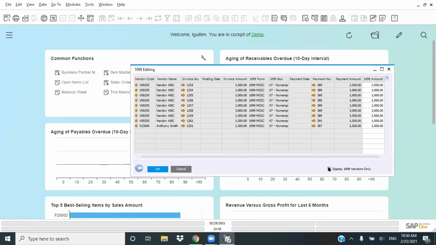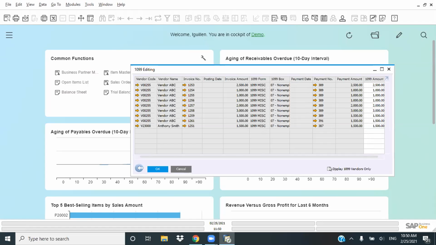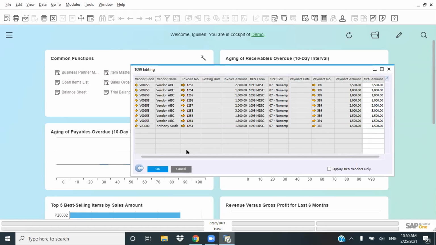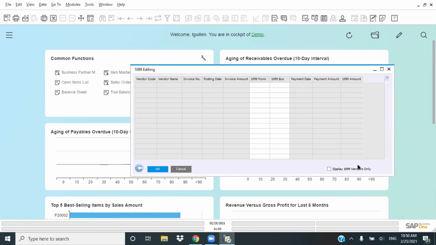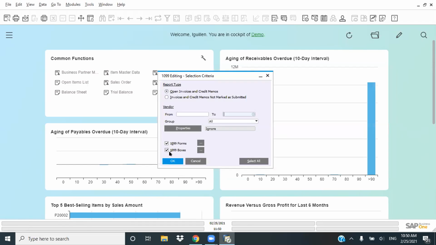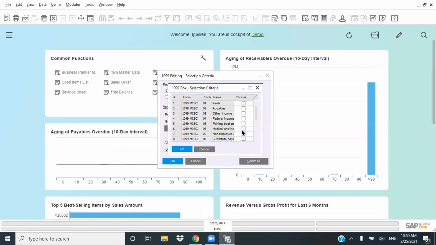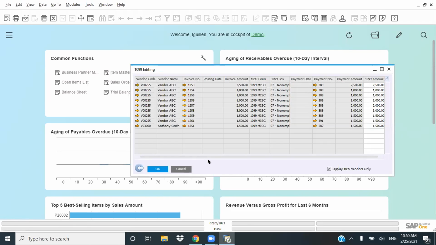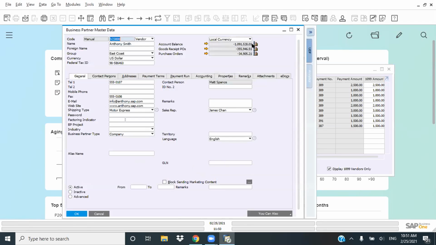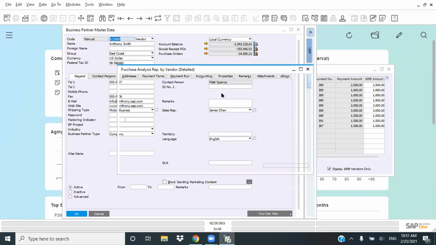If I uncheck this little guy here, we can actually see everything else. Wait a second, right here. Let me go back up here. And okay, let me just check here. I just need to make sure that we have all of the other information from Anthony, because it's not reflecting that. So if I go back to Anthony Smith and I go back to the